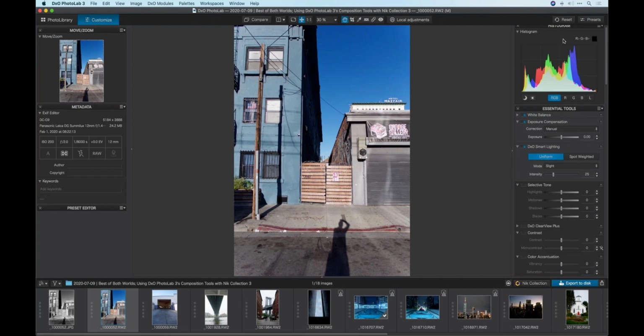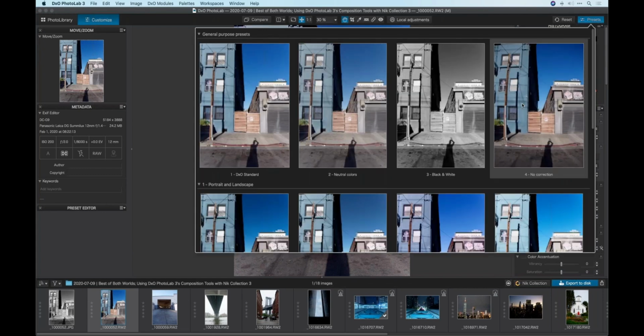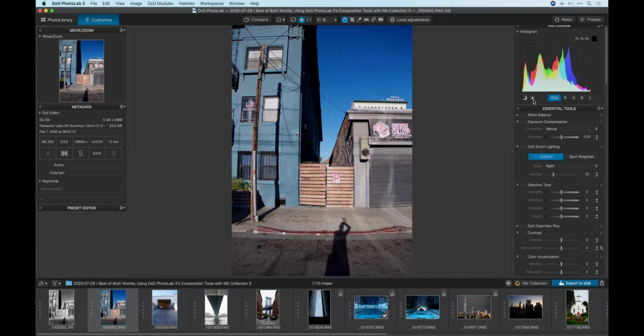But here's an interesting point. Let me go back and just reset this again. And at this point, reset, take a look at that same histogram. The shadows are fine, but look at the highlights. We actually have some room to grow in here. So just to reiterate that